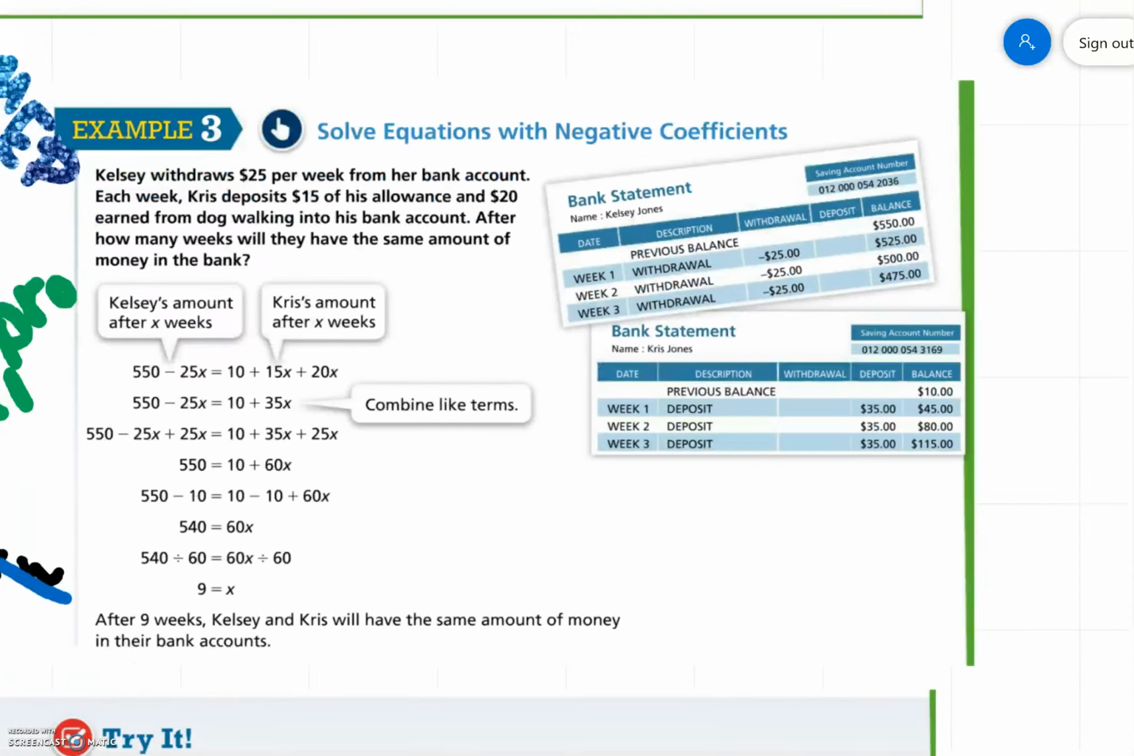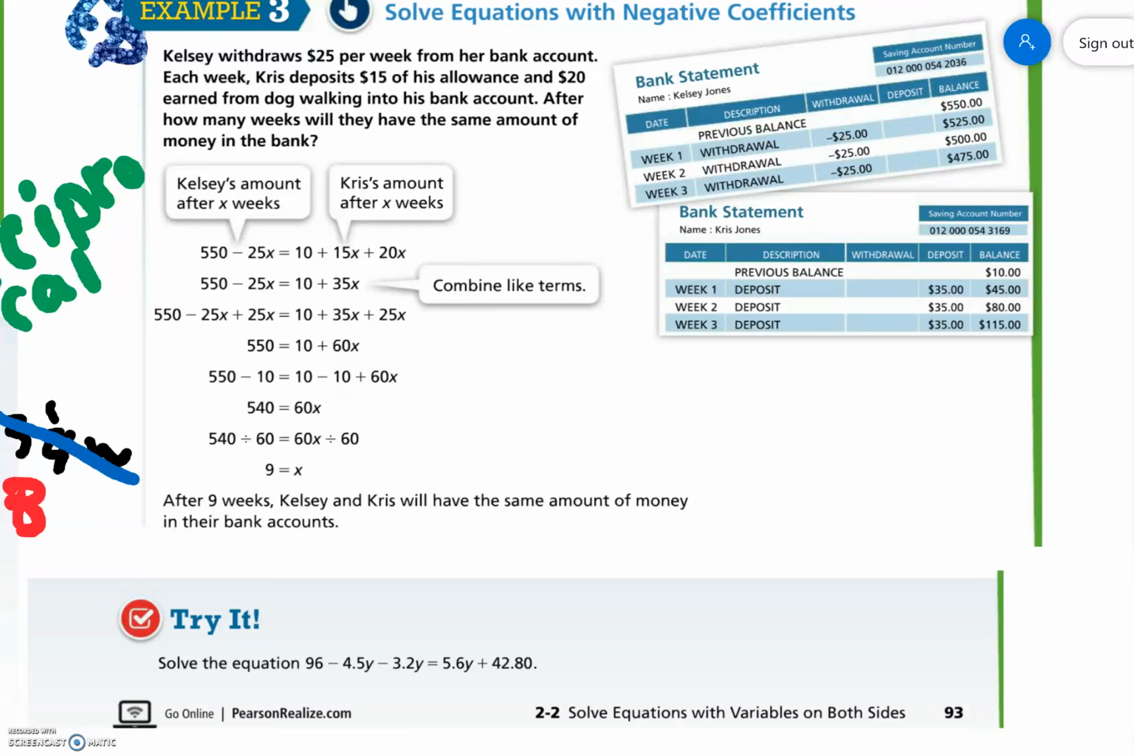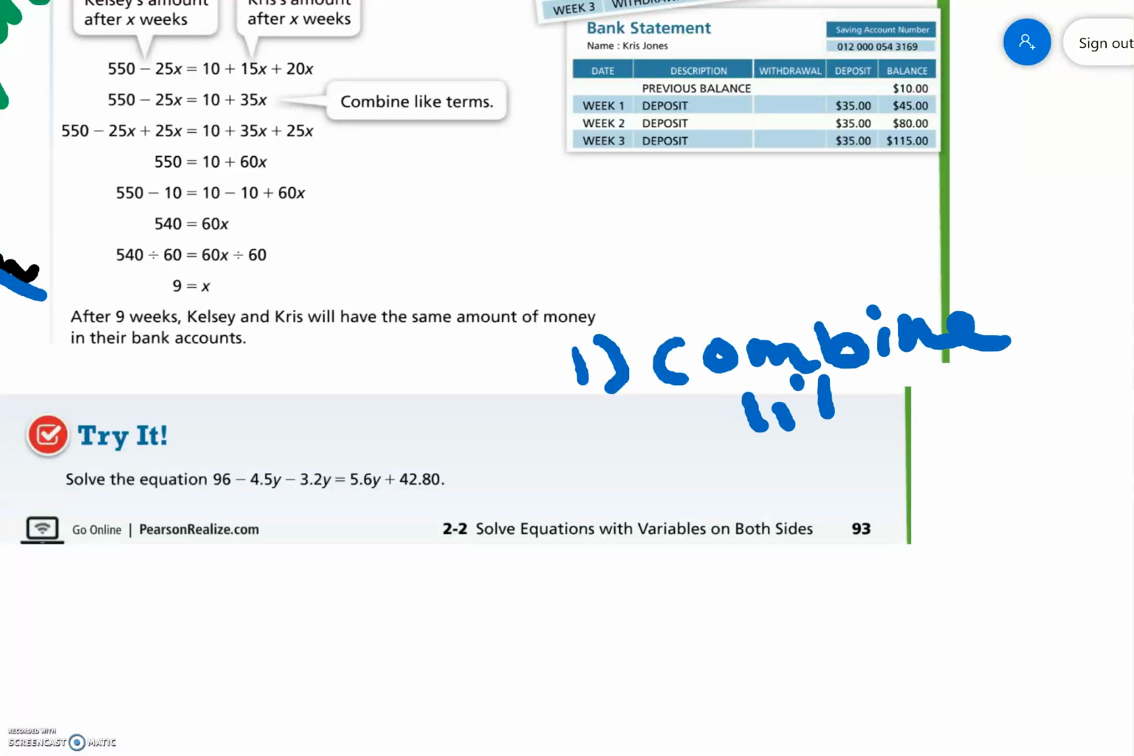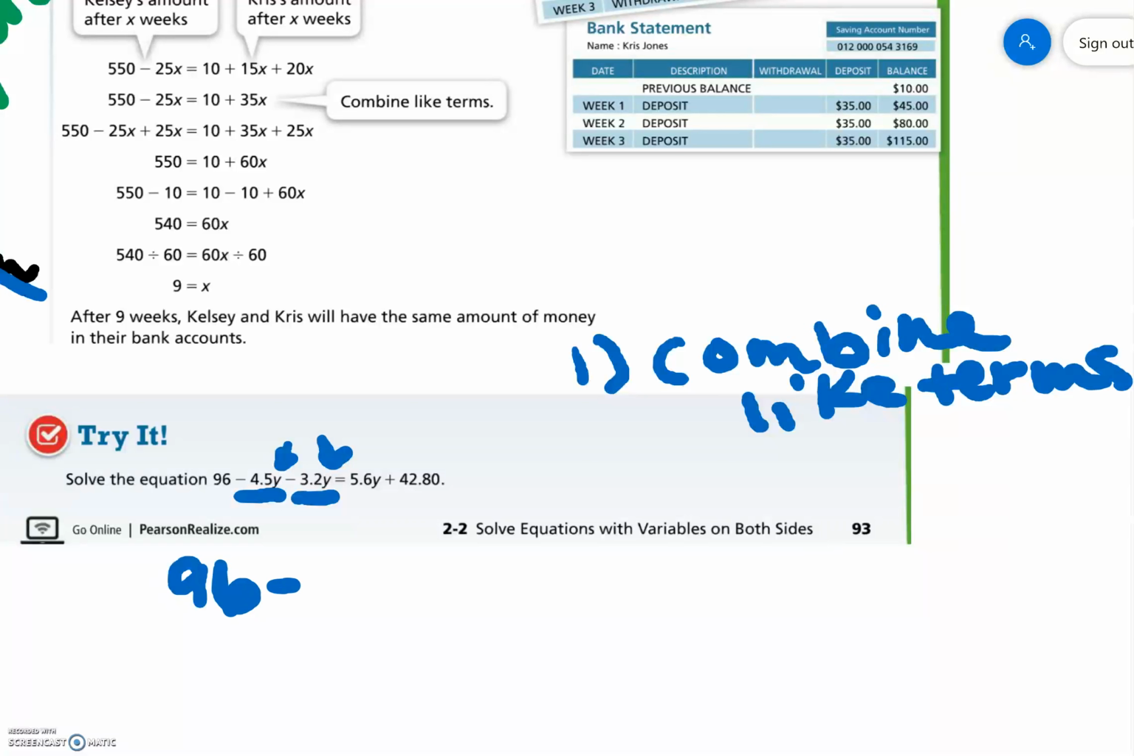I want you to read example 3 on your own, but in the interest of time, I'm going to try it with you. So we have 96 minus 4.5y minus 3.2y equals 5.6y plus 42.8. First step is going to be to combine like terms. So on the left-hand side of the equation, we have a negative 4.5y and a negative 3.2y. I can combine them because they have the same variable. So that gives me 96 minus 7.7y equals